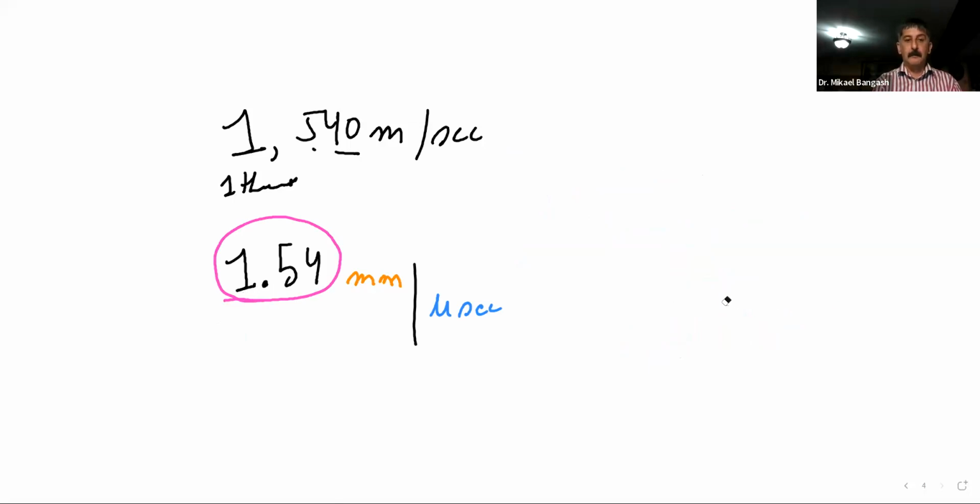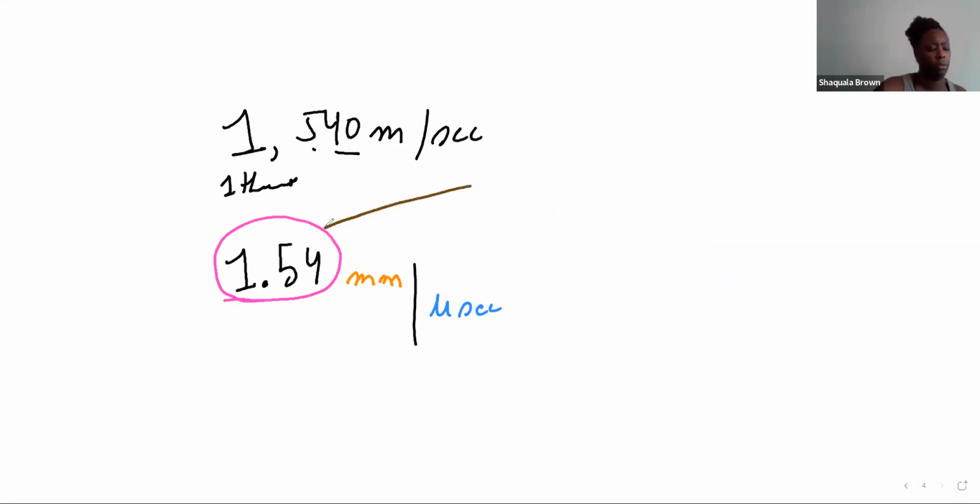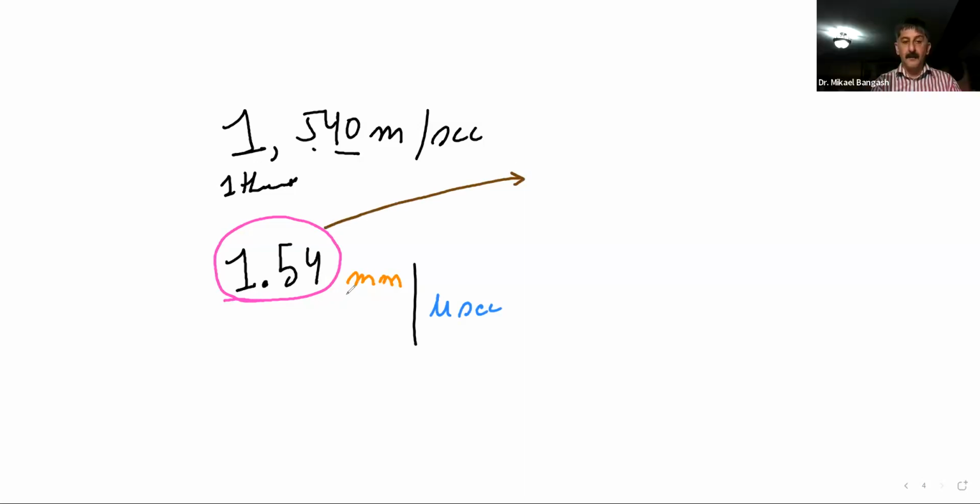Does that ring a bell? Does the number 1.54 ring a bell? Yes. Which kind of bell? Wavelength. Right, wavelength. And we said that wavelength was going to be measured